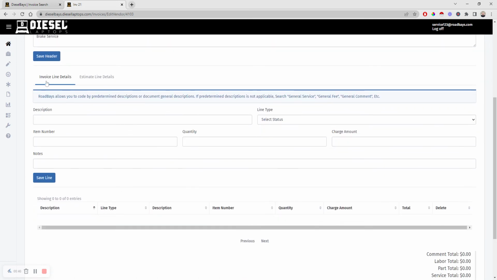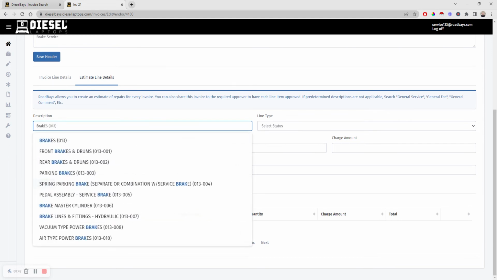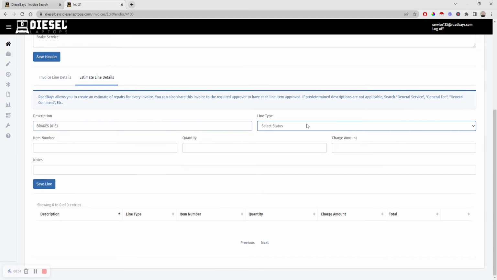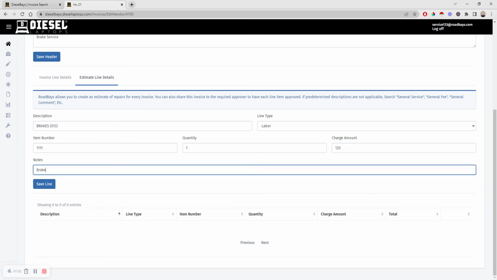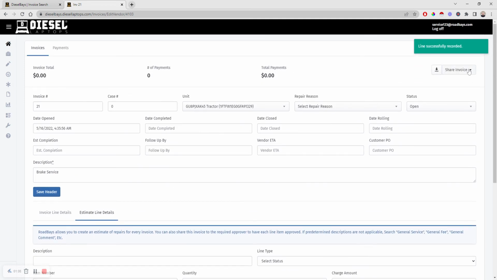Next, if we scroll down here, we have invoice line details and estimate line details. If we do estimate line details, this will allow you to create an estimate and share this estimate out to a customer and get the approvals on it. Save this line. And then what you can do is you can actually share this particular invoice out, copy this,